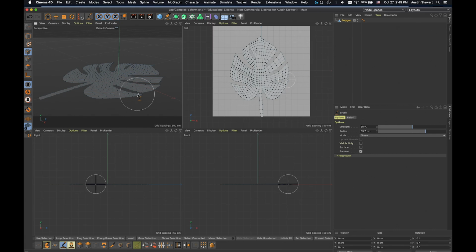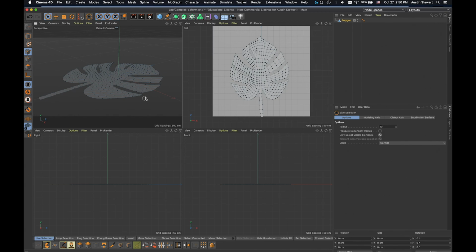Okay, so you could do this with sculpt tools as well, but there's some nice features with doing this in points or edges mode that allow you to use the rotate tool to rotate and round something. That way is a really effective way to do it. So let's get started. So the first thing we're going to do is we're going to use our live selection